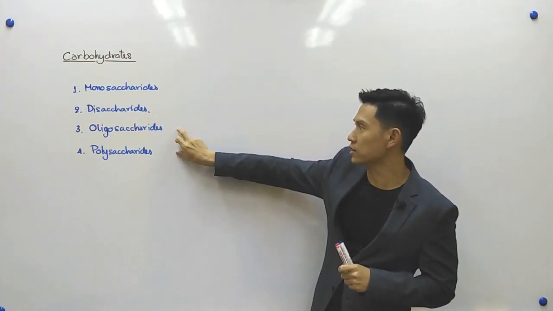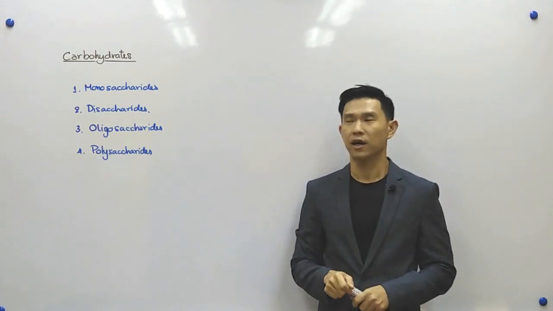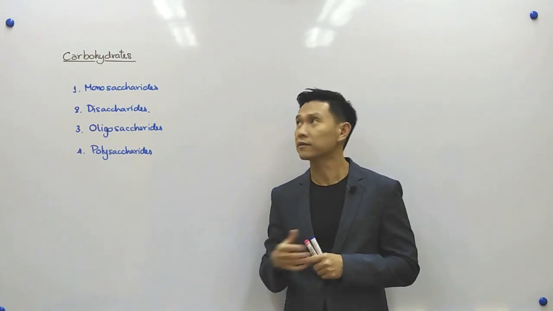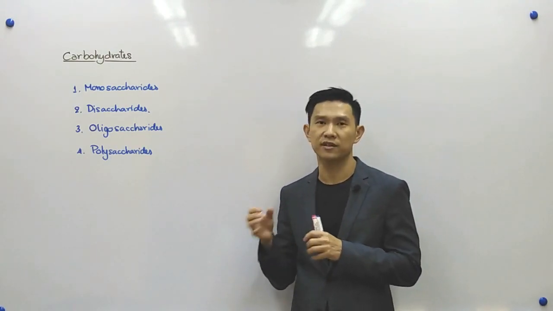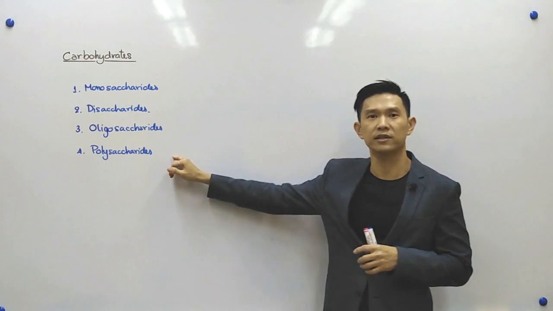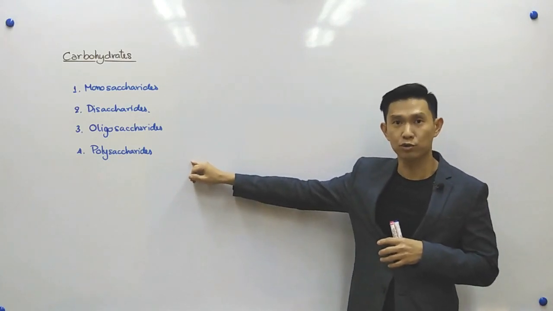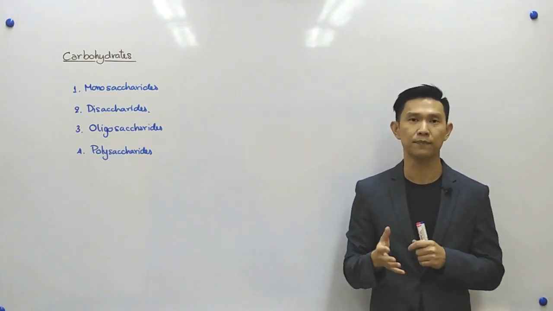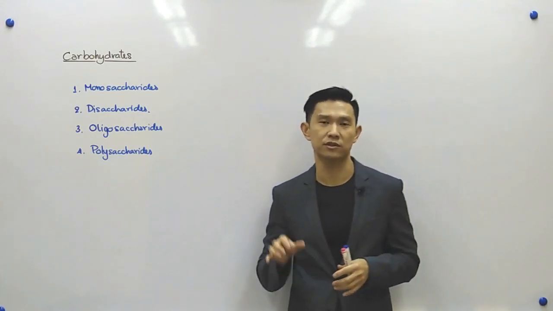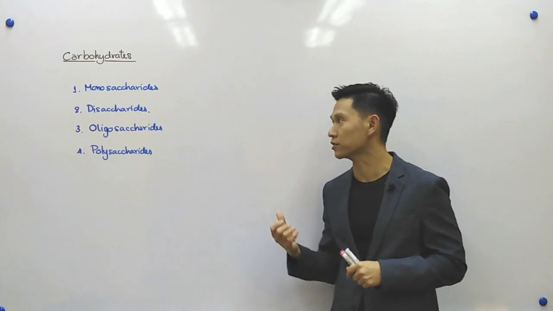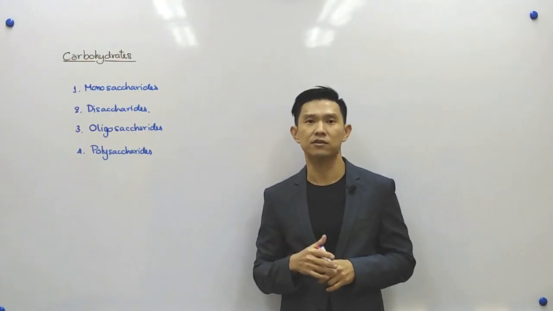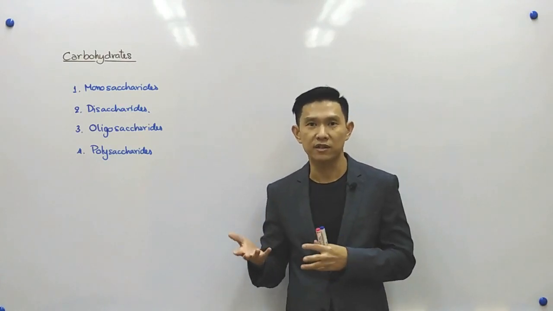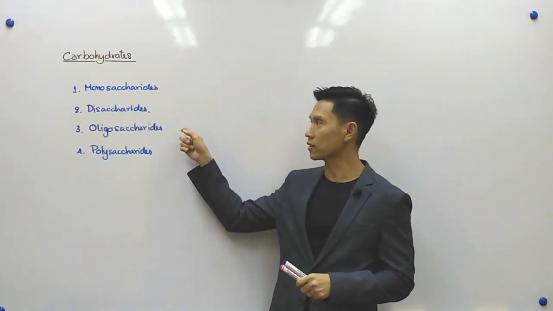So what is the difference between oligosaccharide and polysaccharides? We know that this is a kind of polymer. Monosaccharides condensed together create polysaccharide. It can be very, very huge molecules, up to several thousand units of glucose or several thousand units of monosaccharides. If we have just a very small chain, like 5, 6, or 10 monosaccharides,